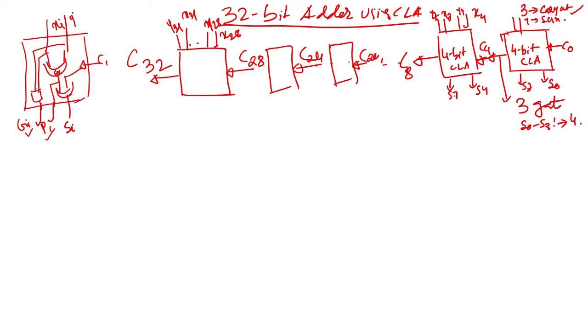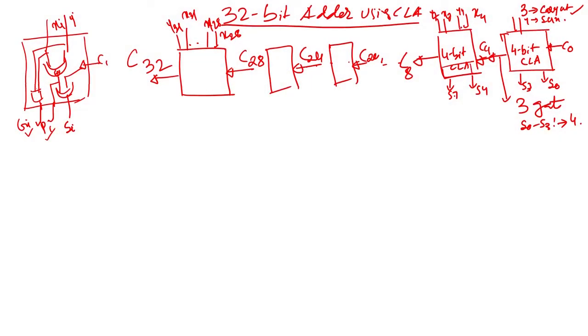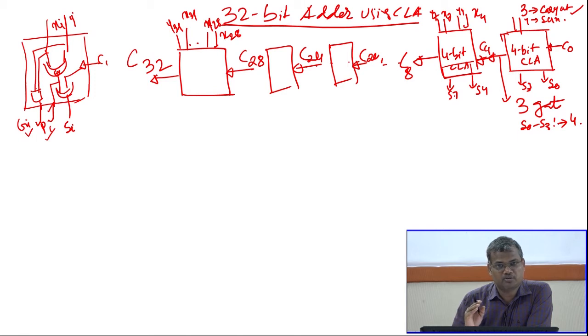Now, what you have to do? You have to only have the AND and OR circuit. Here also in CLA you have the AND and OR circuit, but GI PI is automatically created. Automatically means whenever you give all the input, that is x1 to x31, y1 to y31, at the same time all GI PI, that means G0 P0, G1 P1, G2 P2, all the way to G31 P31, will be generated in a single gate delay. That time CLA is generating this. Therefore, from here it will take only 2 gate delay to generate C8.